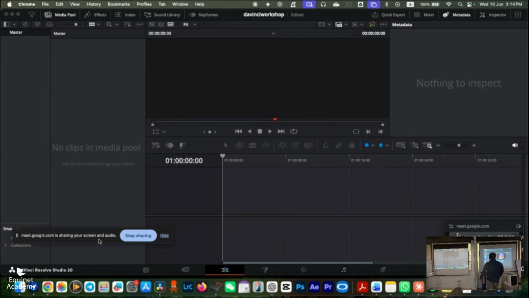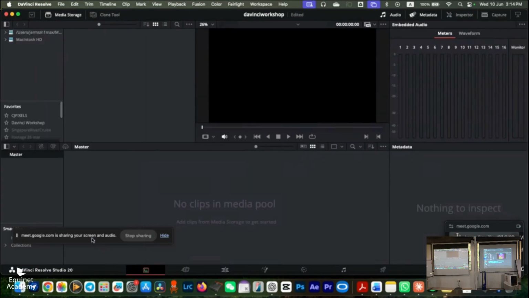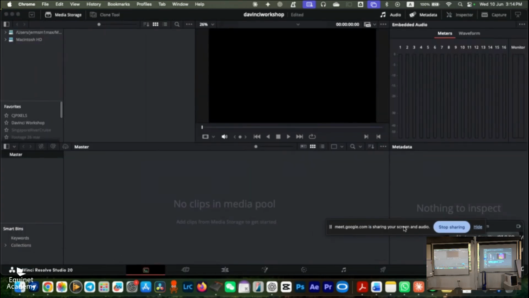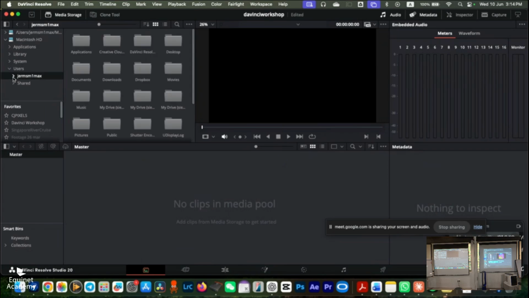Then, where am I now? Okay, so now I'm going to show you how to bring it in, because we'll go to our first tab. Everybody click on this bottom left one called Media Pool. Okay, same thing I said: make sure you know where your file is, because it's going to have a difficult time finding it. It's over here on the left. In my case, I don't know about you, but it'll be like this. Drop down, Users, this one drop down,